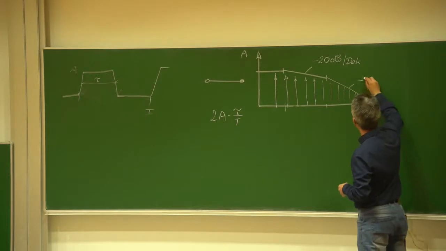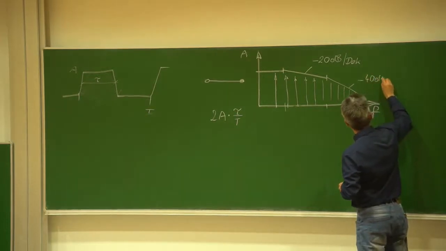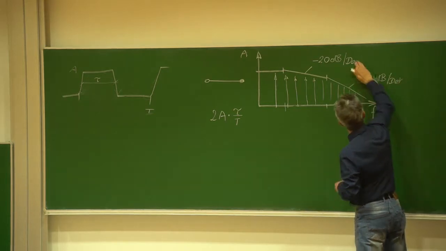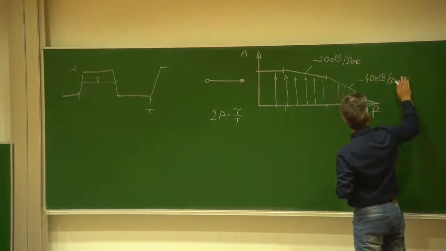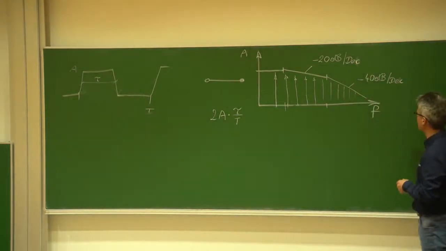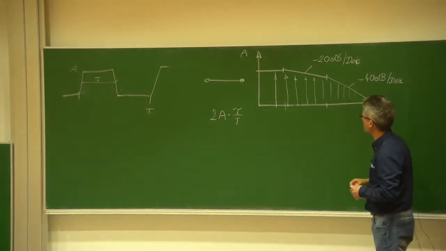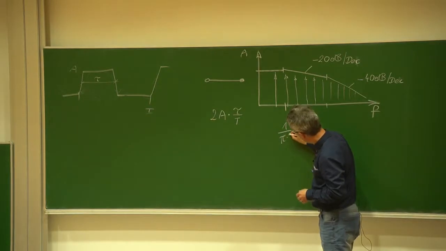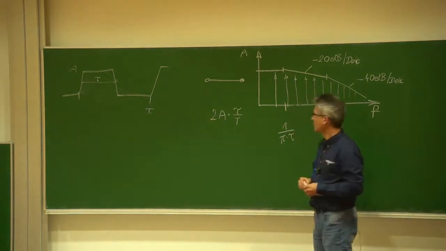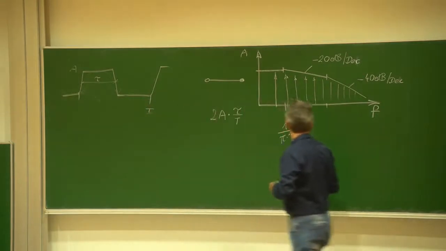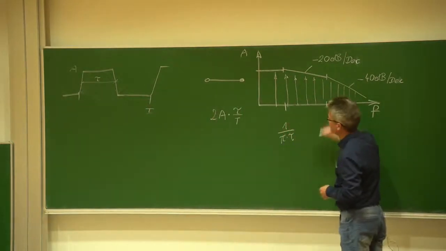In total, it's then minus 40 dB per decade. And this frequency position here is defined by 1 over pi times the duty cycle, also the on time, the tau. And this frequency here is defined by,